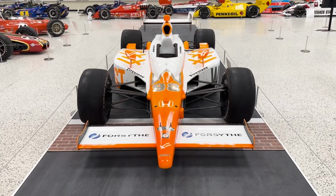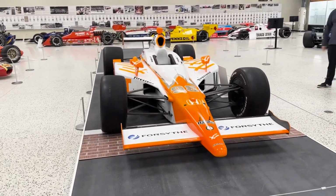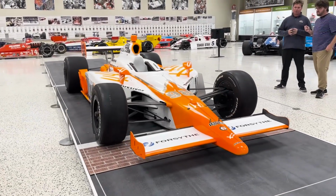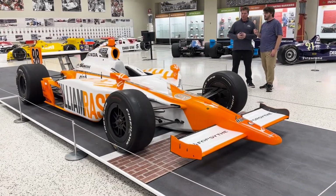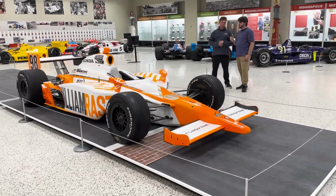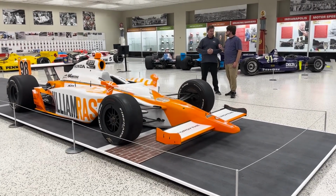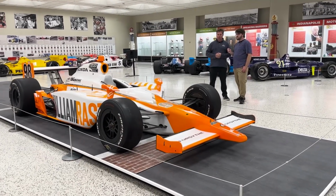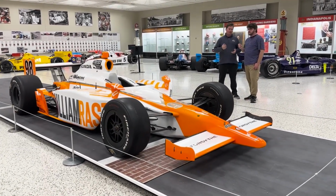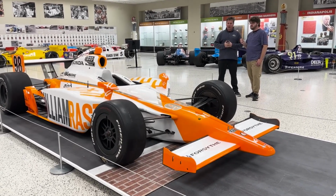Oh, for sure. We have the honor of having a variety of different drivers who were the driver or one of the most popular drivers of their era, and Weldon is that. And we're fortunate that this car has been on loan since 2012 to us, and we're working. It will go back to its owner, but then we're working to have it back here in April of 2025 when we reopen. But not only was that race, the 100th anniversary, so special in itself, the race